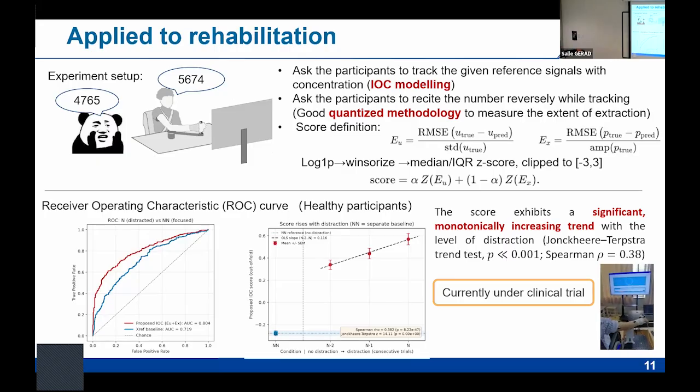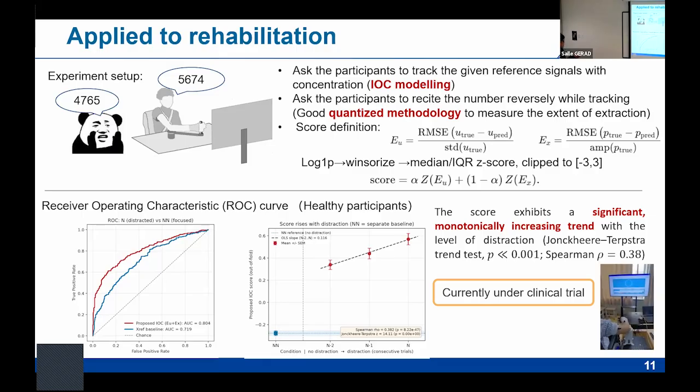And then we define the score. The error in U is the error between our predicted model's U and the true U, and also the predicted X, that is, the angular velocity and the angular position. Because there are a lot of extreme points, we use log 1p, normalize, and clip the median to between -3 and 3. Then we arrive at a score. In practice, you choose this alpha to be 0.5, which is the best. We have tried different alphas, but in this case, alpha of one half is the best.